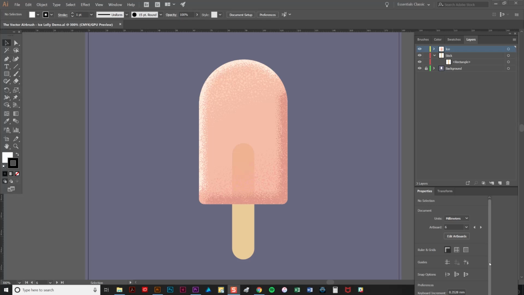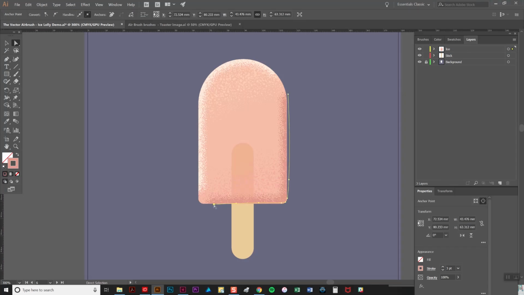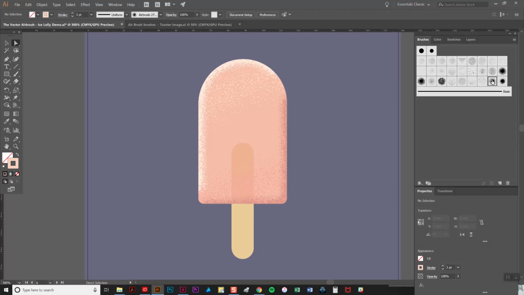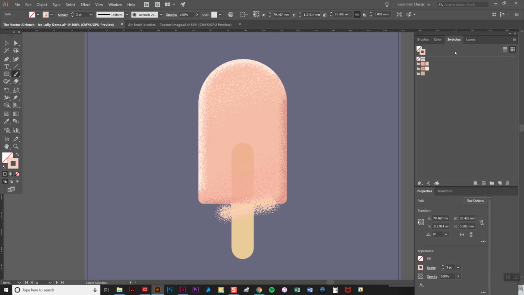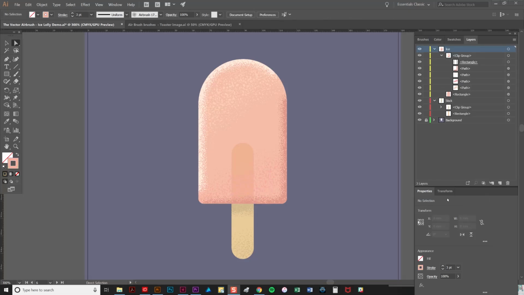Now all that remains to do is a few final tweaks, and then I need to repeat the process and add a bit more texture to the stick. And there it is, the finished ice lolly